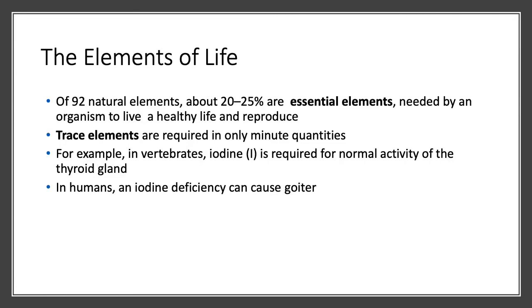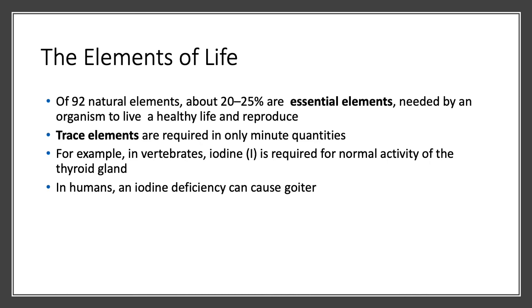Of the elements on the periodic table, only 92 of them are found in nature. The other ones have been created in a lab by scientists that wanted to know what happens when you add another proton, what element do you get? And another proton, what element do you get? And a lot of those man-made elements break down in the lab really quickly. So only 92 elements found in nature that we know of, and about 20 to 25% of them are essential